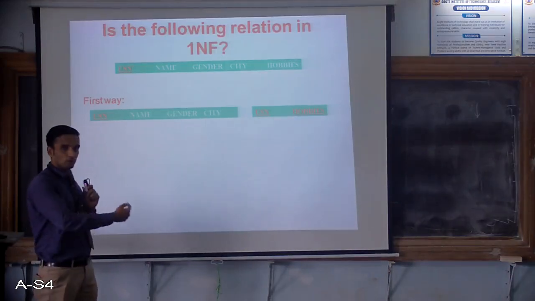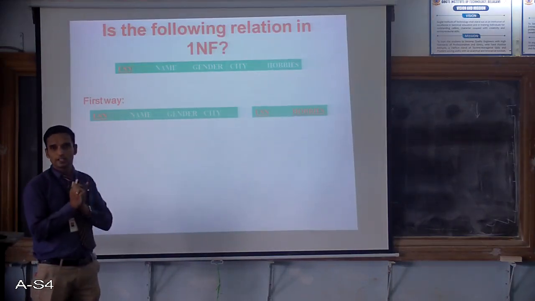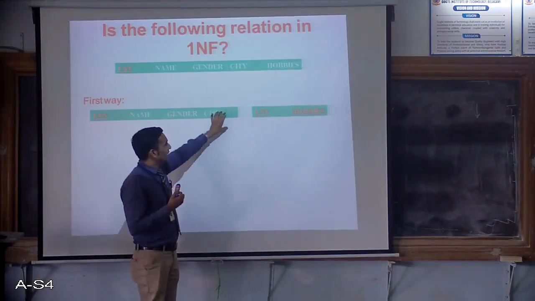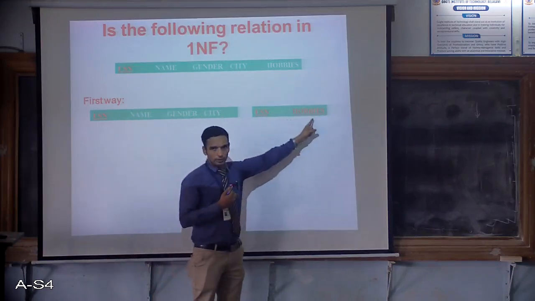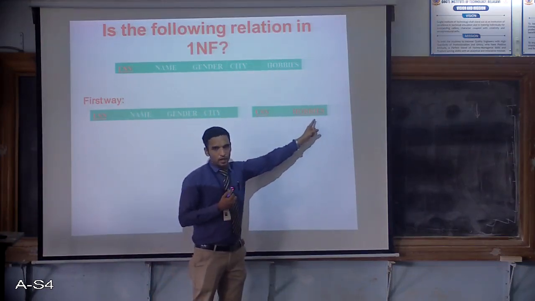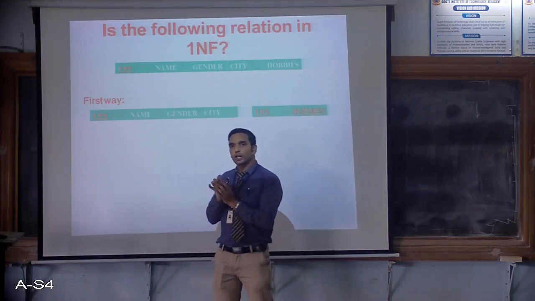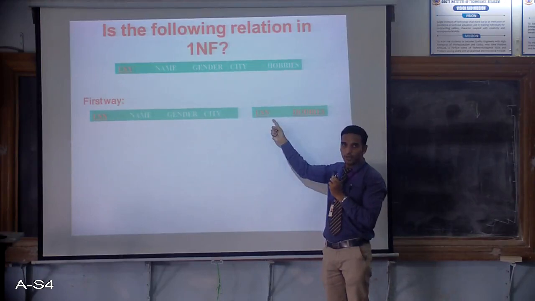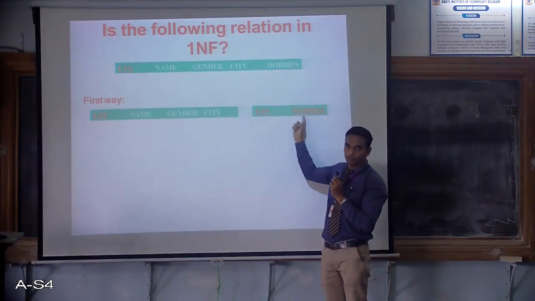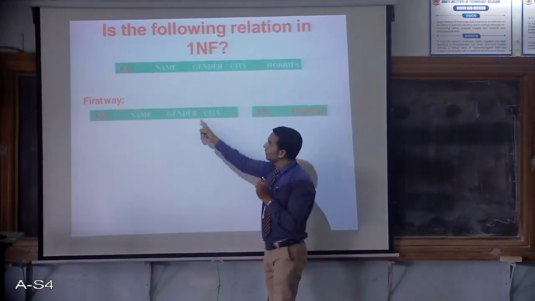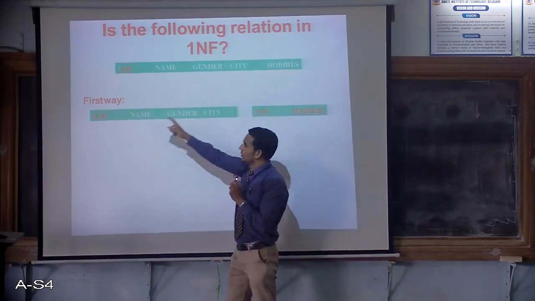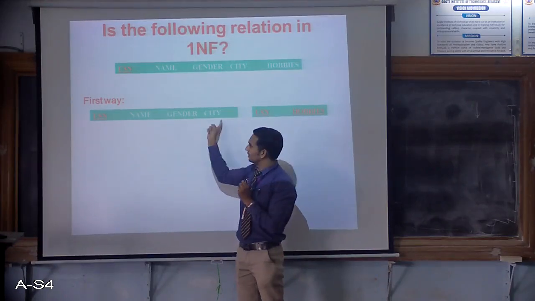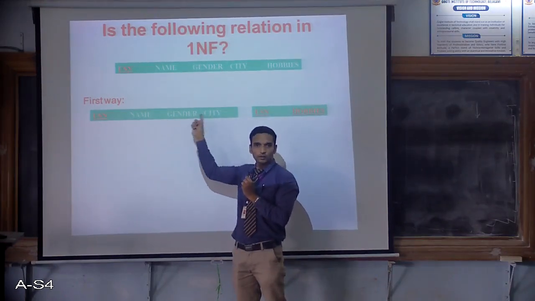The first way, which we studied: what does the first rule say? The attribute which has multiple values, take it out from the main table and place it in a new table, which I did here. Along with that, take out the key attribute from the main table and designate it to the new table and make both together as the primary key. Now look at this table here. The main table here, I have decomposed it: USN, name, gender, city. So every attribute is a scalar? Yes. This is right now in 1NF.